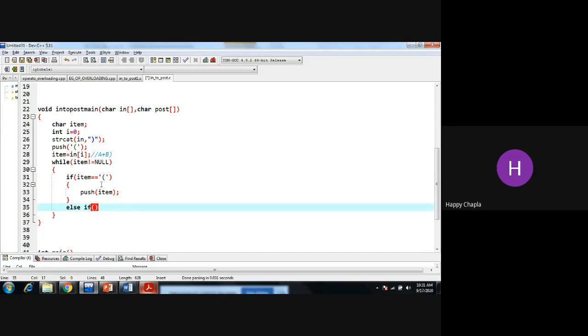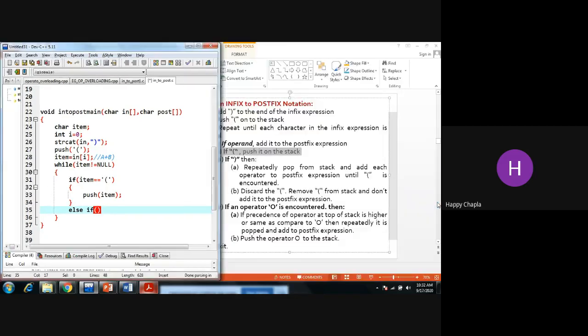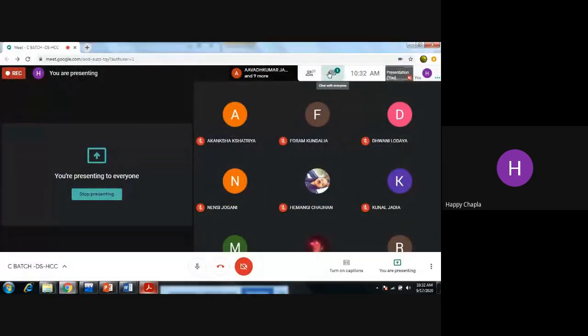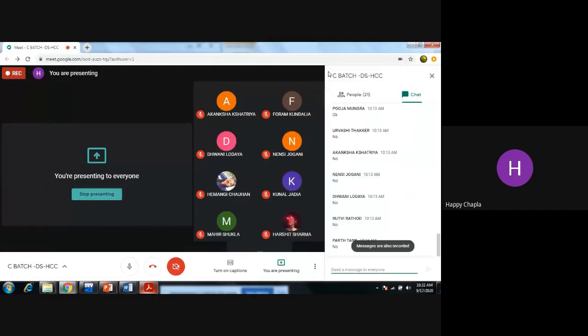Maybe it is a character. How can we check that the incoming operand is a character or not? We have some inbuilt function. How can we check that this A is a character, A to Z or 0 to 9? We have some inbuilt function.